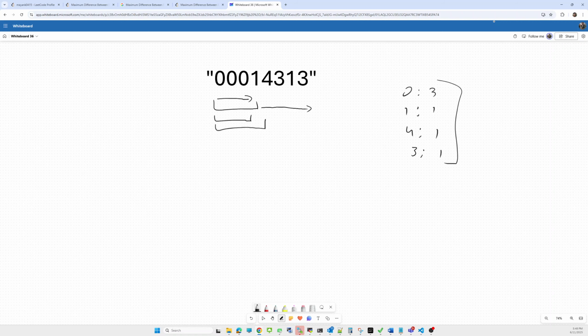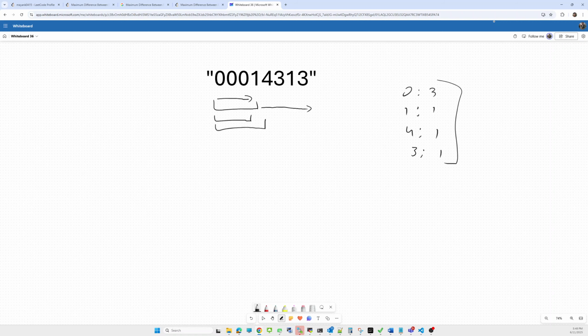Now, if I consider this one again, this substring till one, now the frequency of one will become two. So we'll consider here this two, 3 minus 2 will give me 1. In a similar fashion, when I reach 3 here, it will update the frequency of 3 also.